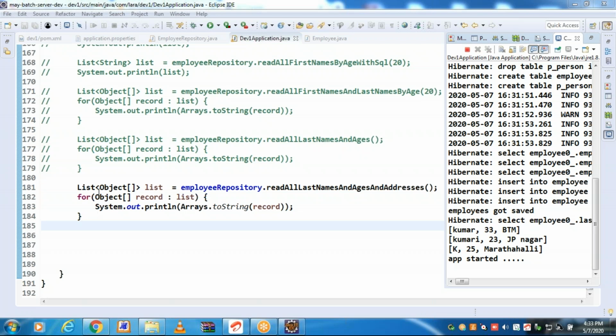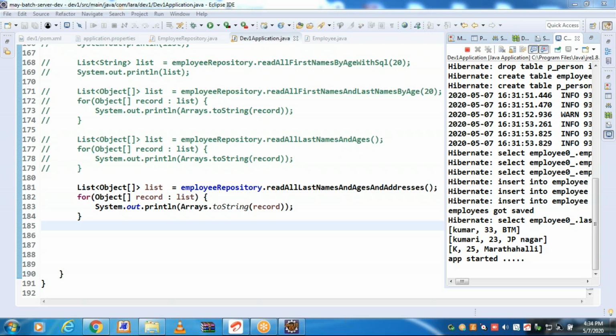All three fields we are getting into the object array, processing that object array. Remember, processing content from the object array for every record is a little difficult. Here we are using a for loop and using Arrays.toString to print.